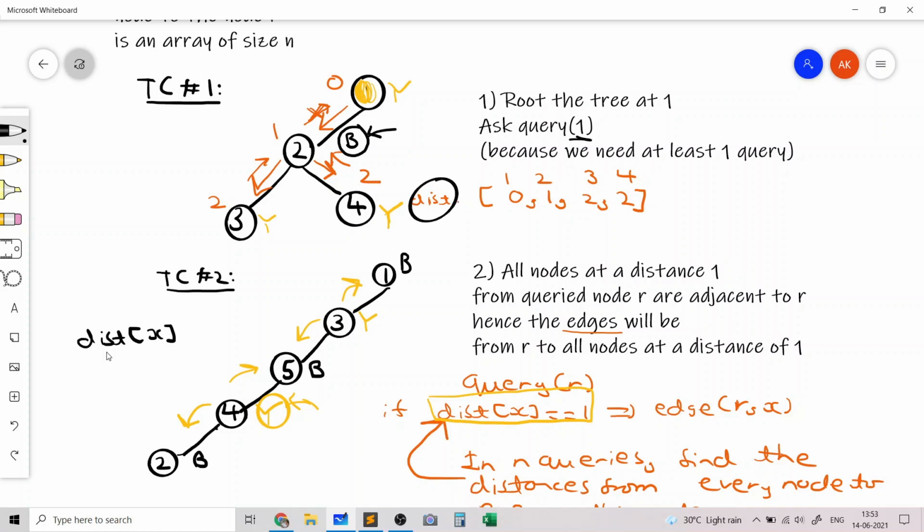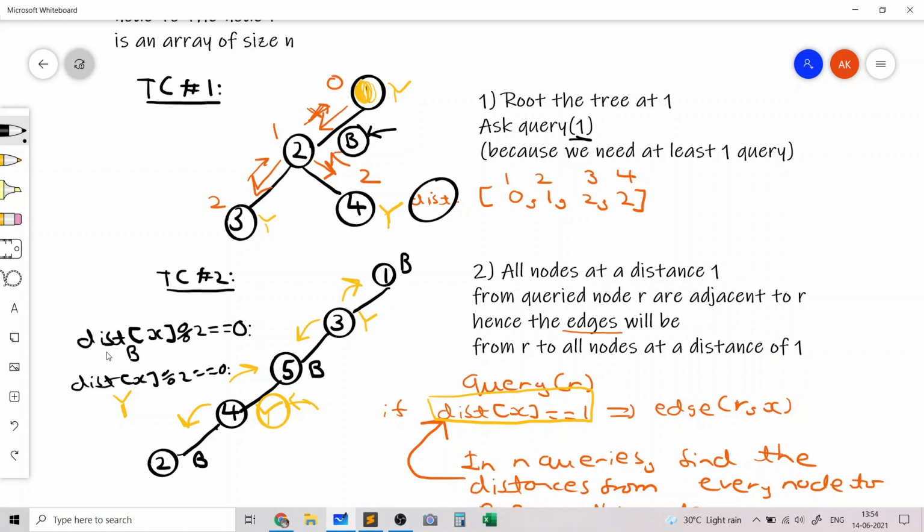So from the distances can we retrieve the black and yellow nodes, and the condition for that is if the distance is even, then it's basically a black node, and if the distance is odd, then it's basically a yellow node. And the reason for that should be clear, and you can see from the examples that the nodes which are at an odd distance are going to get assigned an opposite color, and the nodes which are at an even distance will get assigned the same color.